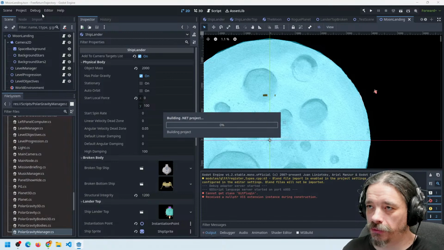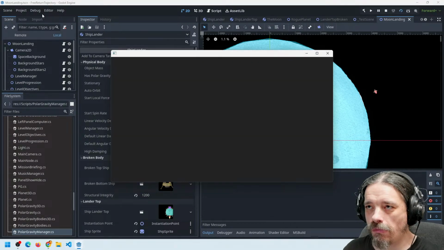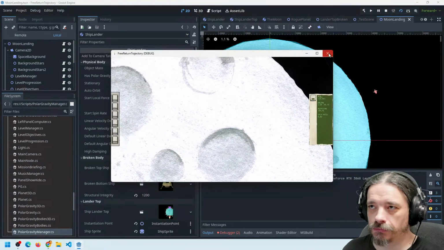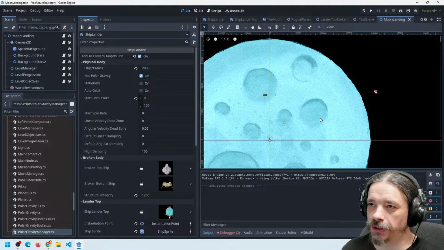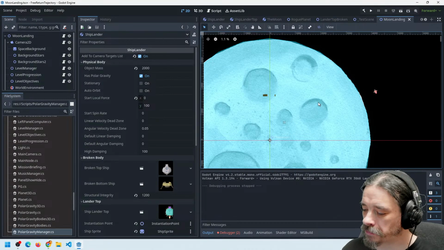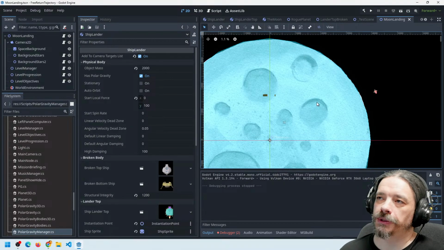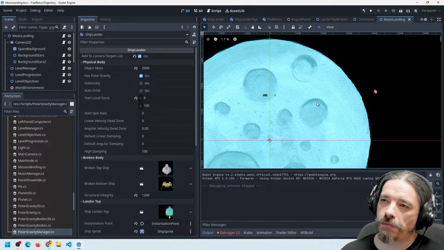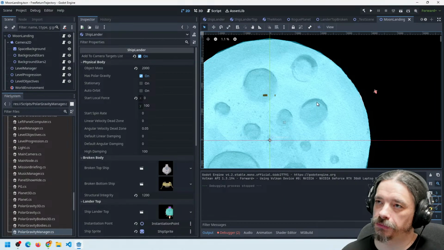So if I play this level right now, see, the camera is pointing here, and the camera is small, so we'll not see the spaceship. I want to offset this. The problem here is that if I have more than one object and I want to fix the three of them, I actually need to have